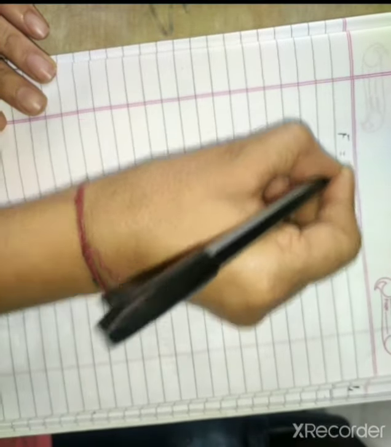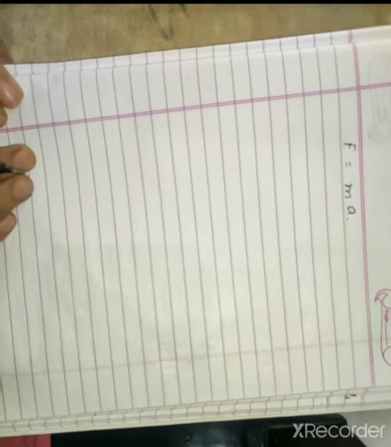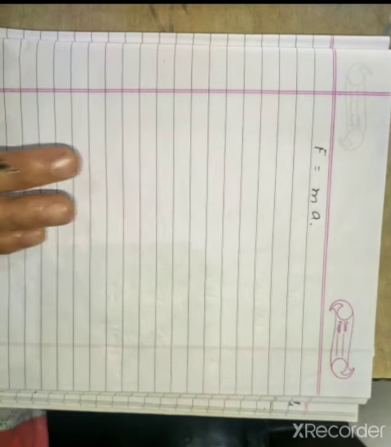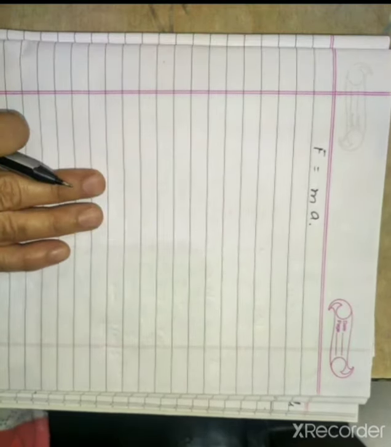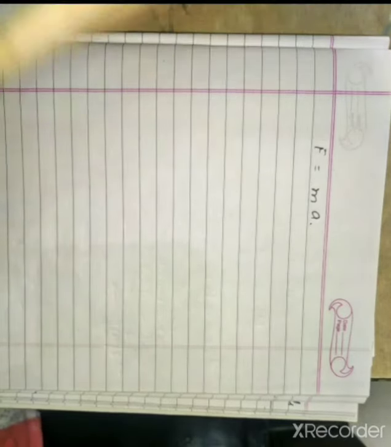Force is equal to mass into acceleration. How will we find the acceleration? Acceleration will be the slope of the graph. Since we have not written v, u and all that, we take the slope of this graph. The slope of the graph is height. We always find it for 1 second, and the height of the graph for 5 seconds is 15.